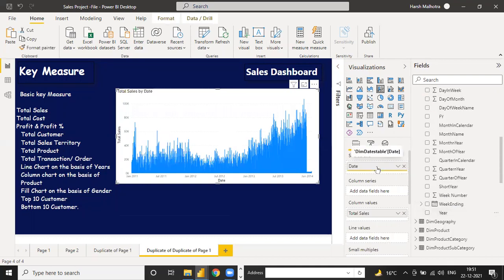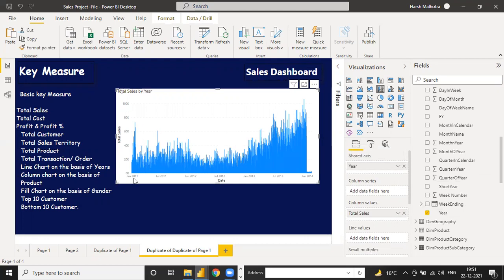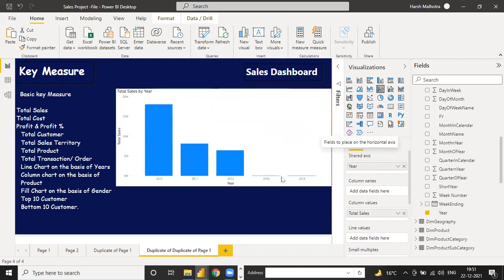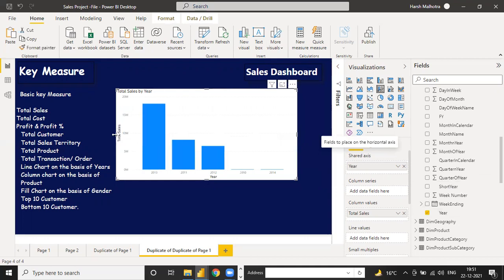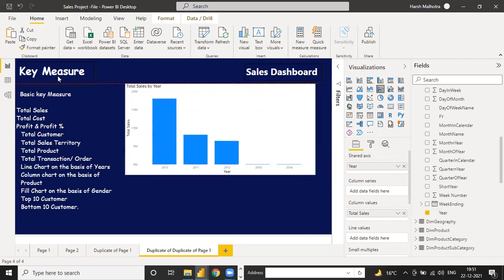Suppose we want it as a year, so you can hide this complete date, only year wise, and see 2011, 12, 13, you have complete date wise data in your chart table. Okay, so one thing to remember, guys, is that your data type should be the same, because earlier our data type was not the same.